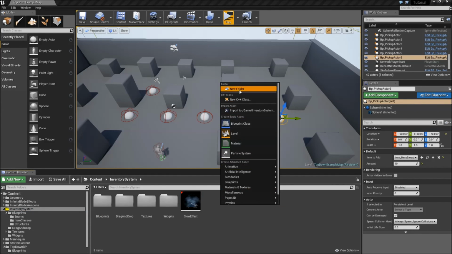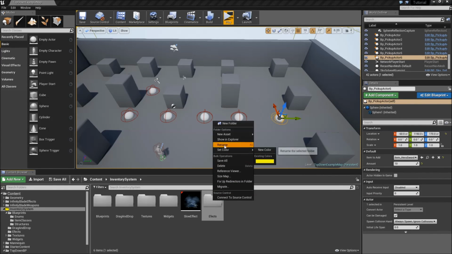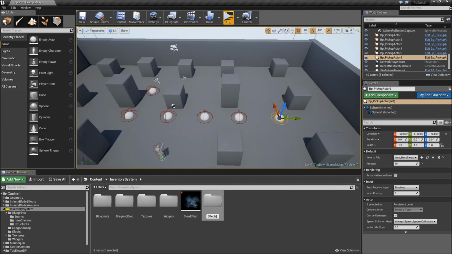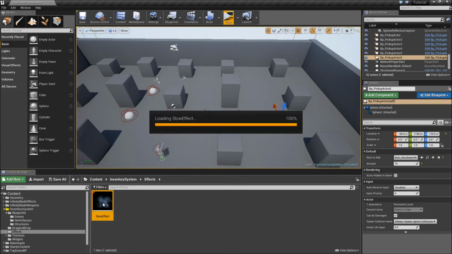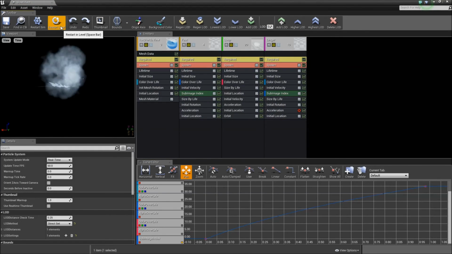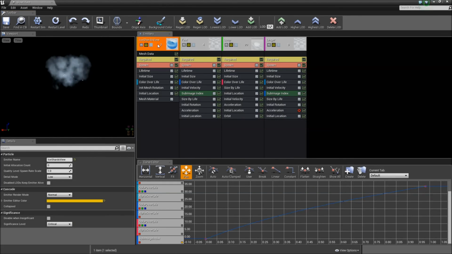Now clear the search bar here. Let's create a new folder called effects. Make sure to spell that correctly. Let's move the particle system inside of the folder. And if we double click to open that up and restart, you can see that it doesn't look proper for a slow animation. However, particles contain different emitters that you can see here,